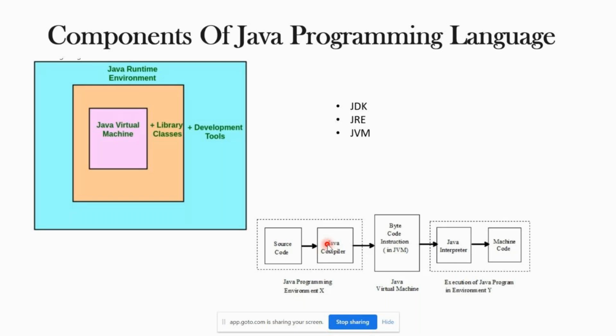We will run a command on the code you already wrote to check whether you wrote it properly, whether your syntax is all correct, and whether you are following the Java rules. If there is some flaw, it will give you a compilation error and won't create the .class file. If you have a demo.java file and compile it properly, it will create a demo.class file. If not, it will throw an error and you cannot proceed further. So compilation is transforming your file from a Java file to a class file.